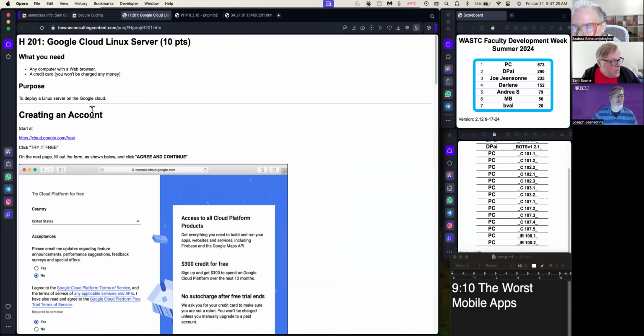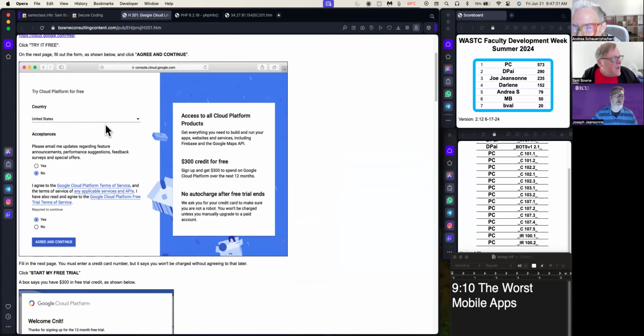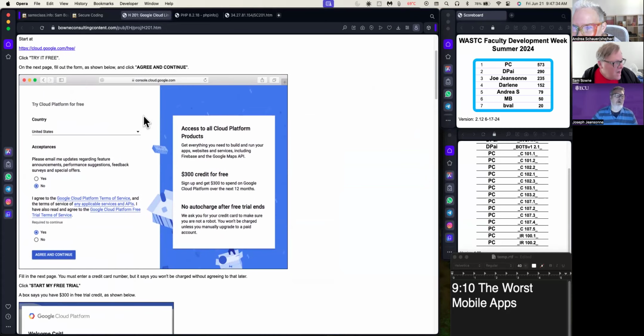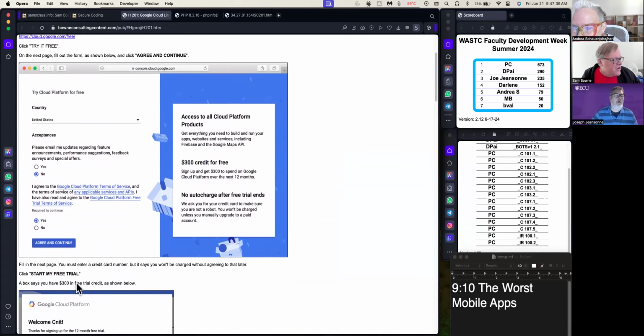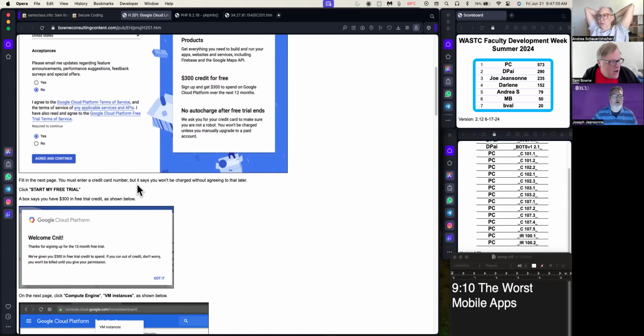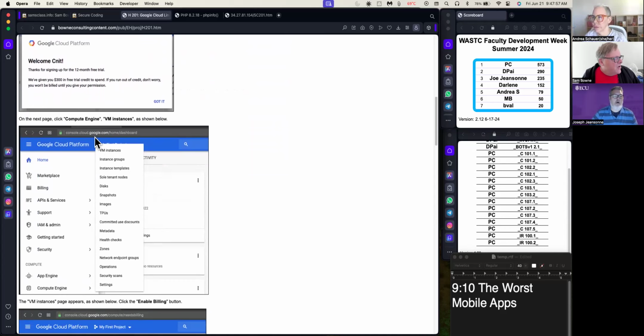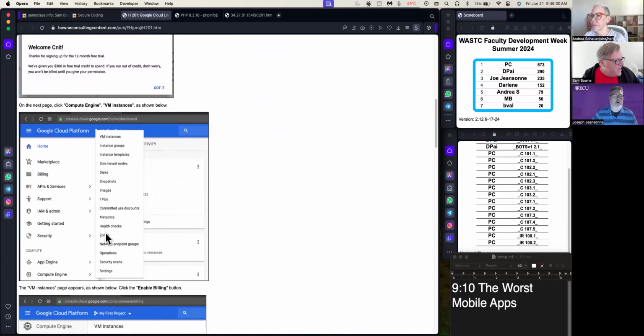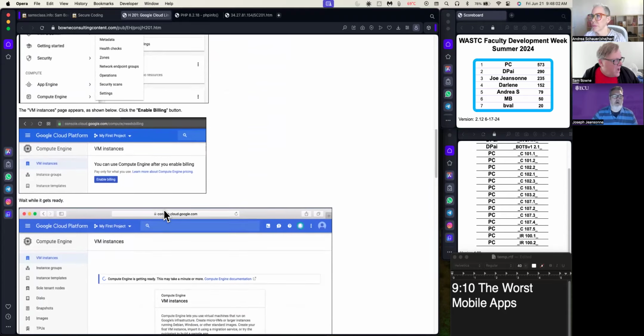If you just go to Google with a Google account, you can create a Google Cloud account, which is free, and they'll give you like $300 of free credit. And here's the rule: a Windows cloud server costs $10 a day to run, but a Linux cloud server costs $1 a day to run. So if you make a Windows server, you have to be sure and turn it off when you're not using it. But if you make a Linux server, $300 is plenty of money to run this thing for almost a year. So you just create Compute Engine virtual machines just by clicking through a cloud menu,